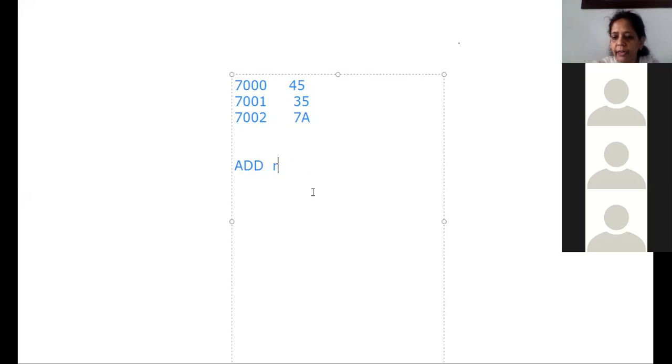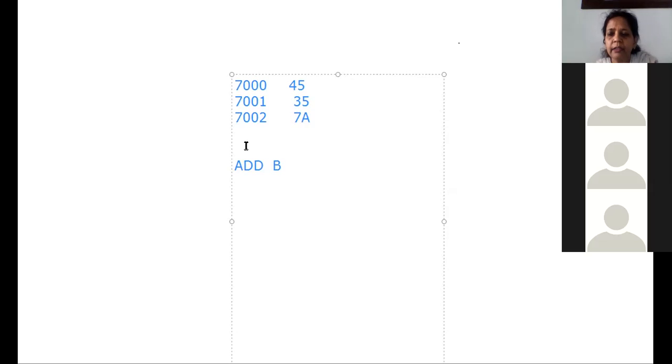So suppose I try to choose the B register. That means either the 45, the contents of 7000, must be in the B register, or the contents of 7001 should go in the B register, correct? Now, is there any ready-made instruction to transfer the contents of an address into the register B? We don't have that ready-made instruction. The contents of the address can be transferred either to the A register or the HL register.